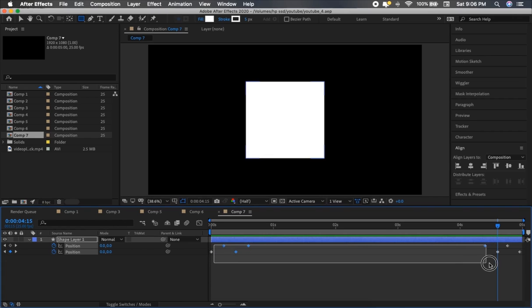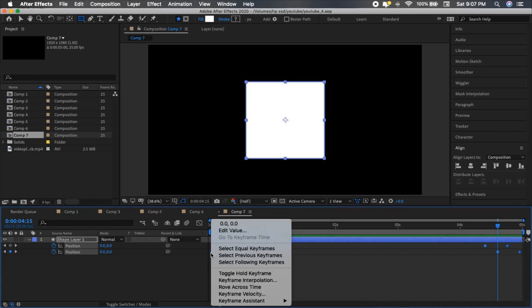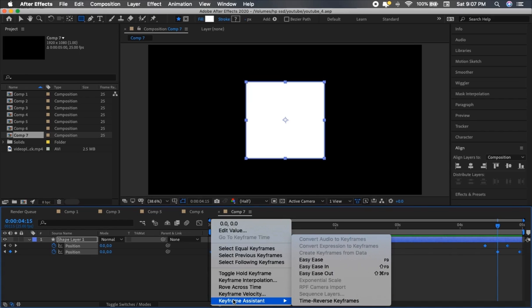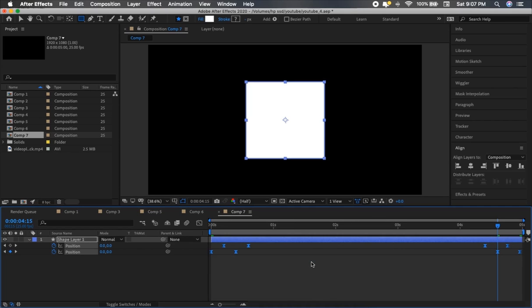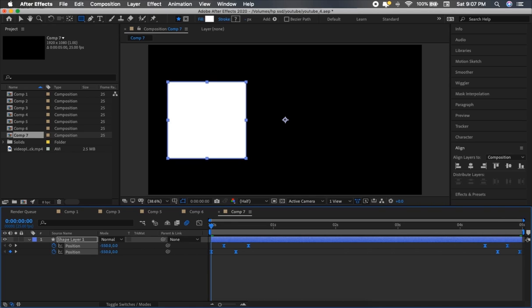We can just select all of them and double click on that. You will find keyframe assistant. In that assistant we can use easy ease, so it will ease our graph and make the animation look better. And also click on this. Done. Now we need to add some position to this, like first initially we need our first time frame. We need to make this as minus 550. Done.